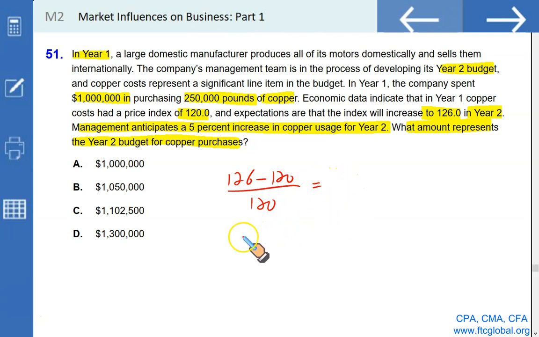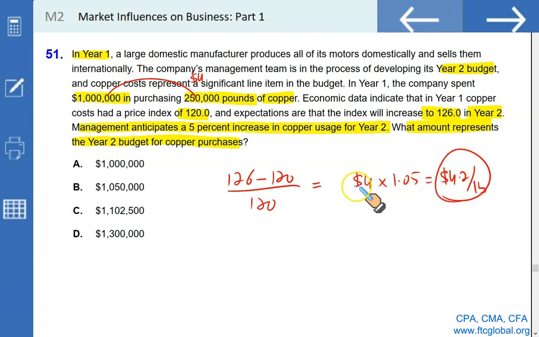So it means the price will go up from 100 to 105, or whatever the current price is: $1 million divided by 250,000, so the current price is $4. So it will go up by 5%. So the new price will be $4 times 1.05. The new price will be $4.2 per pound, right? So this will be the new price, and our usage will go up by 5% also. So from 250,000, 5% up means